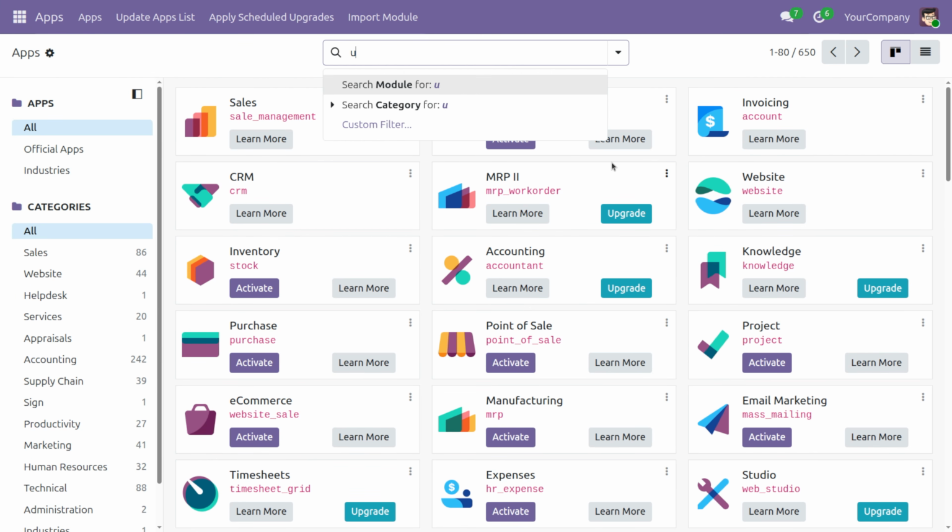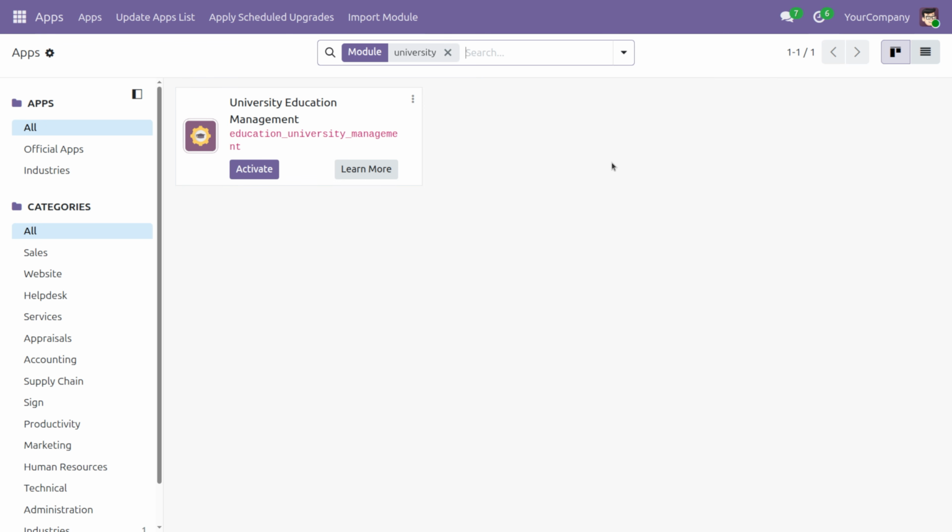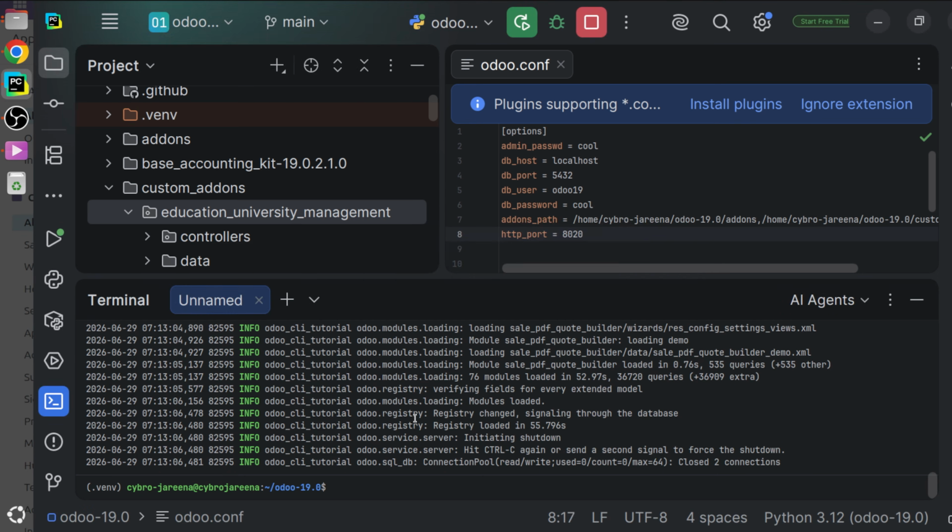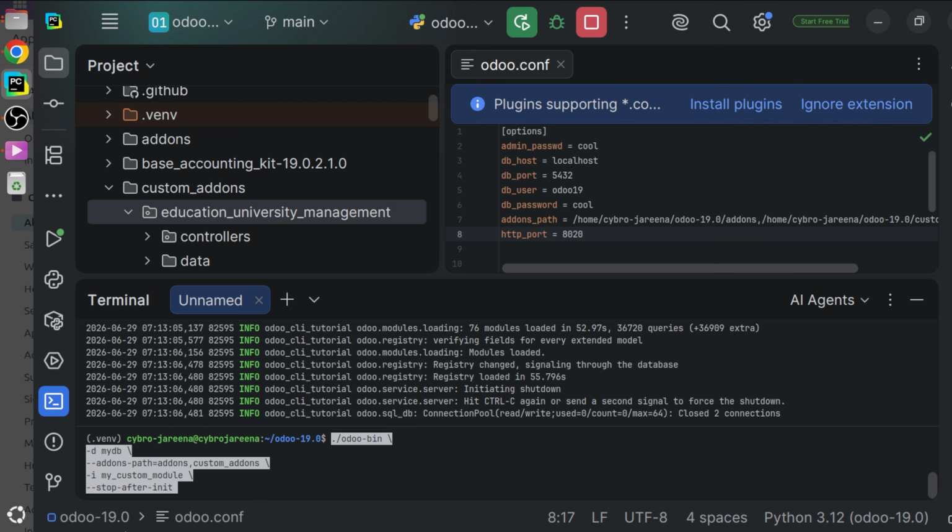Currently you can see that we have a custom module called University Education Management, and I just want to install this module. To install it, I'll be moving on to my terminal. From here, I'll be providing a command. Let's give a command that is